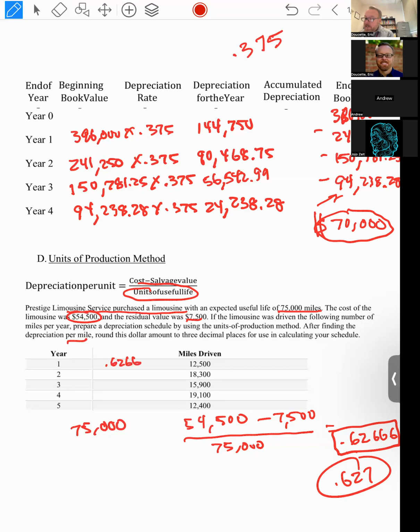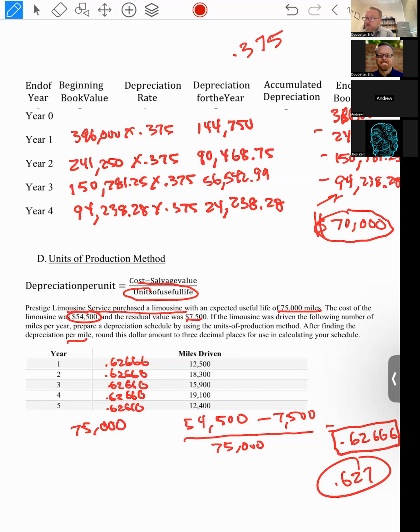So we're going to basically take 0.62666. That's how much every mile is worth. And then we just multiply by the miles. So if I drove 12,500 miles in year 1 and every mile is 62 cents, basically is what it is,